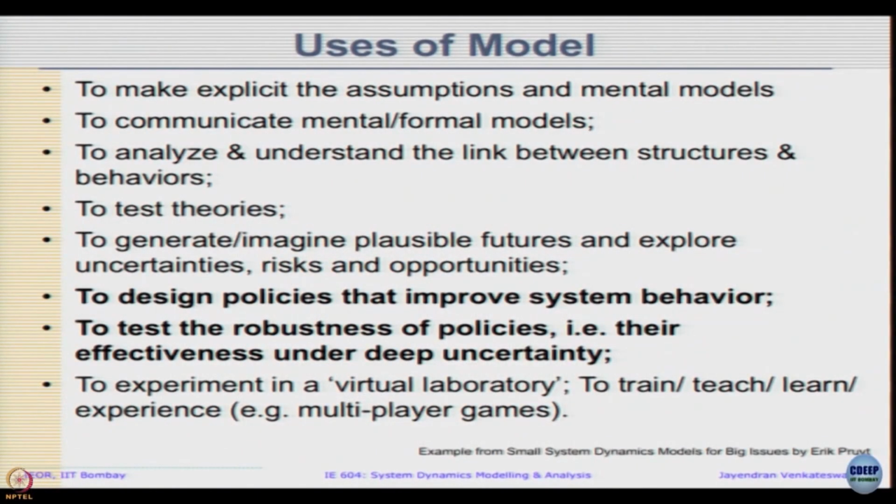This slide actually summarizes what is the actual use of us doing all this modeling and model building exercises that we are doing throughout the semester and beyond, is as follows. These are broad uses why we are even doing all the modeling. To make explicit the assumptions and mental models that we may have, to communicate the mental or formal models,